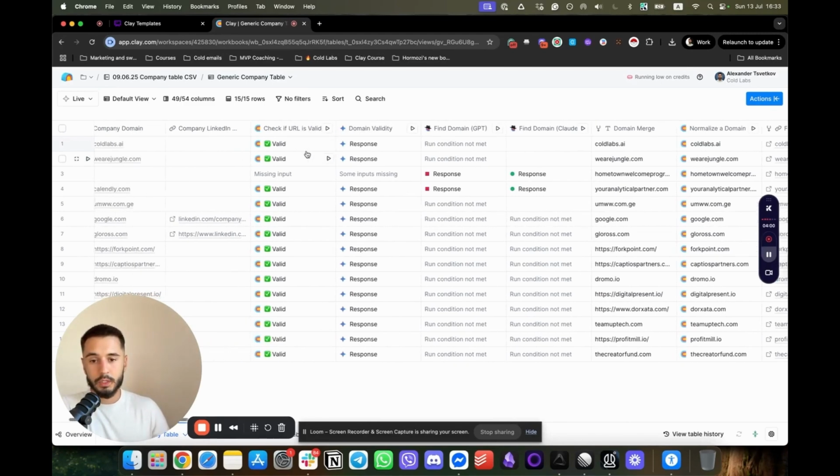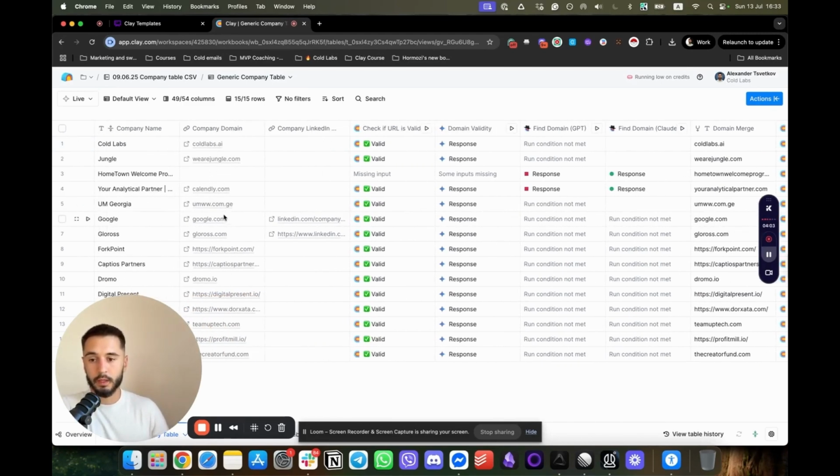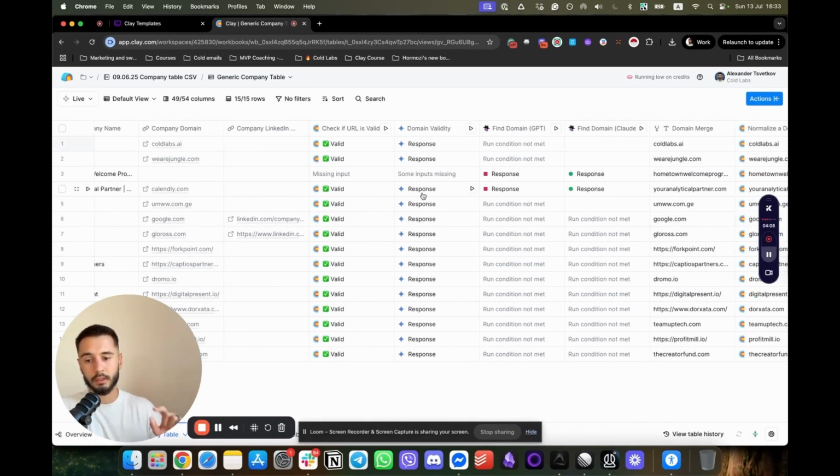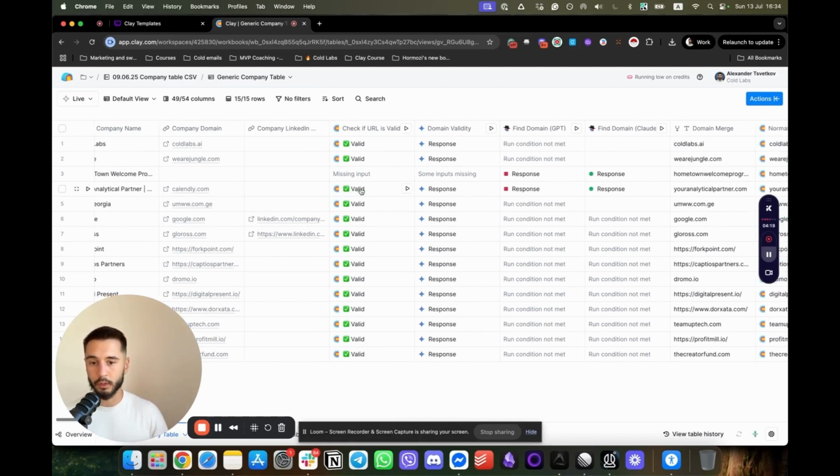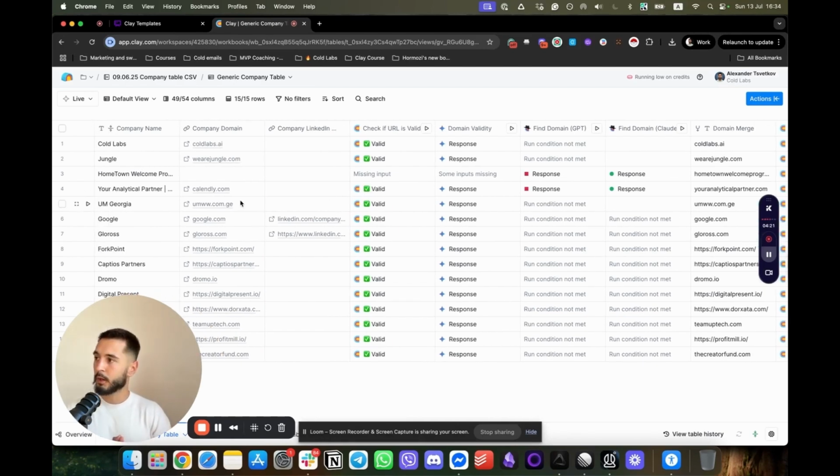The second one is we check if the content of the domain matches the company name. It shouldn't be an exact match. That's why we have a prompt, but it basically scans the content that we have on the company domain and the company name, and if they're completely irrelevant, it's going to output that this is not the right company domain. Because you see, most of the times, if you scrape data, especially from LinkedIn, for example,